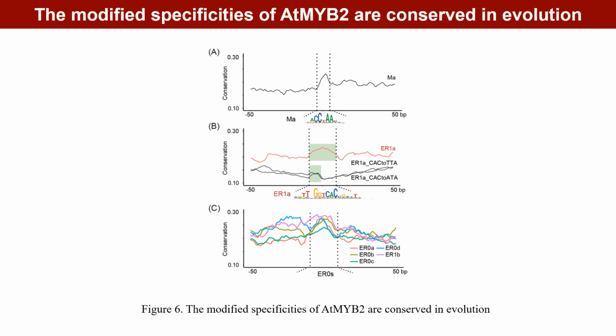Next, we used phastCons scores to evaluate the conservation of AtMYB2 CREs. We found that the dimeric CREs co-localized with peaks of conservation scores. Mutating R1A at CAC positions narrowed the conservation peak, further supporting that the modified specificities of AtMYB2 are conserved in